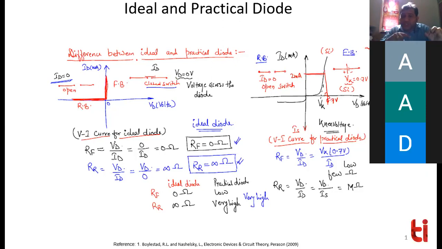Now it's moving. As soon as you have applied the AC signal, the voltage across the diode is changing from 0.6 to 0.8. So if the voltage is changing from 0.6 to 0.8, the current is also changing across the diode from this amount to this amount. What would be the AC resistance? In that case, you draw a tangent line here and find the AC resistance, RAC equals delta VD divided by delta ID. You will take any 2 points, find the slope of this tangent line, and you can find out the RAC.